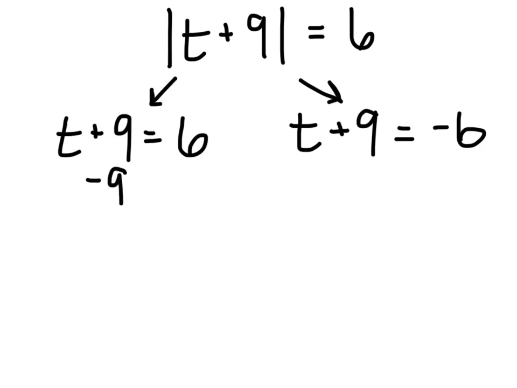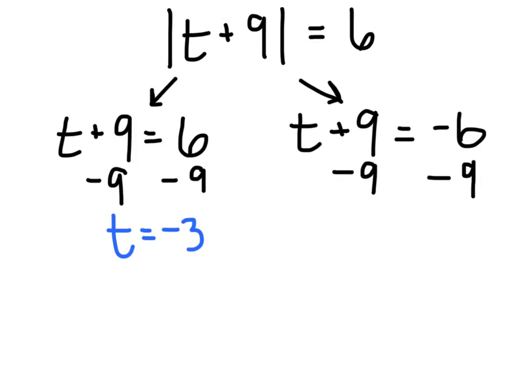So again, solve just like a regular equation to give me t equals negative 3. I'm going to solve the next equation. As usual, subtract 9 from both sides to get t by itself, and I'm going to end up with t equals negative 15. So these are my two possible solutions to my equation,